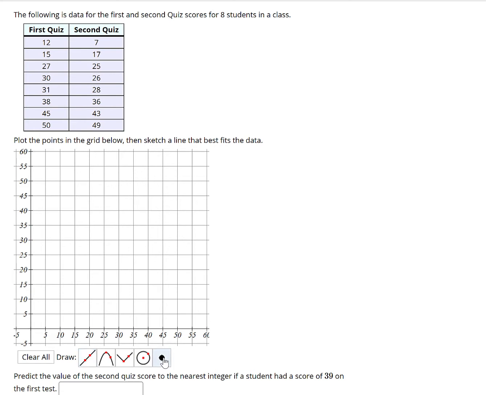What we want to draw first are the points. So select the point tool and go value by value here. So 12 and 7. So the first quiz we'll do along the x-axis. So 12 for that and 7 for the second quiz. And just try and get it as close as you can. There is a little bit of room for putting it slightly in the wrong place, but it is a little